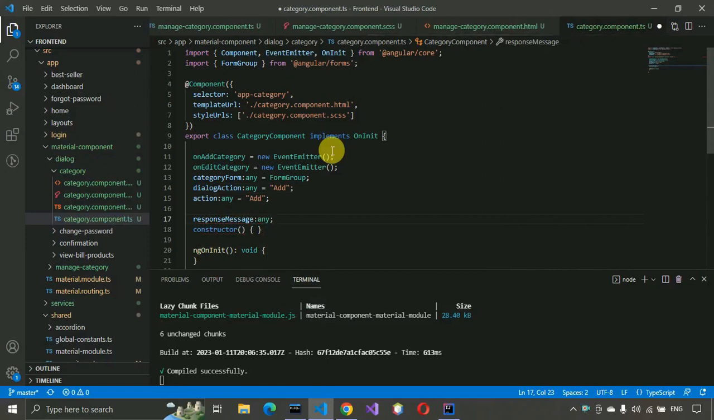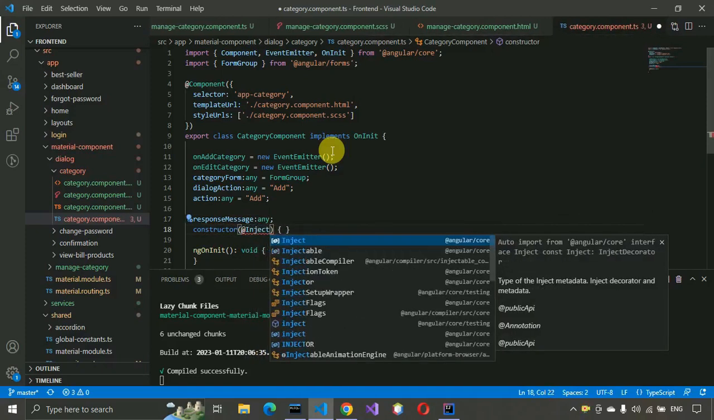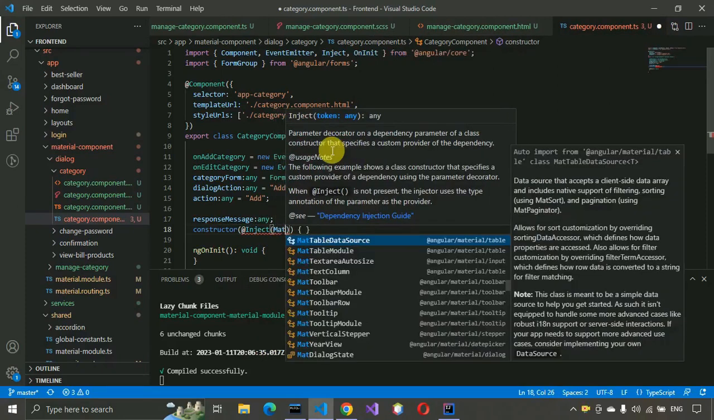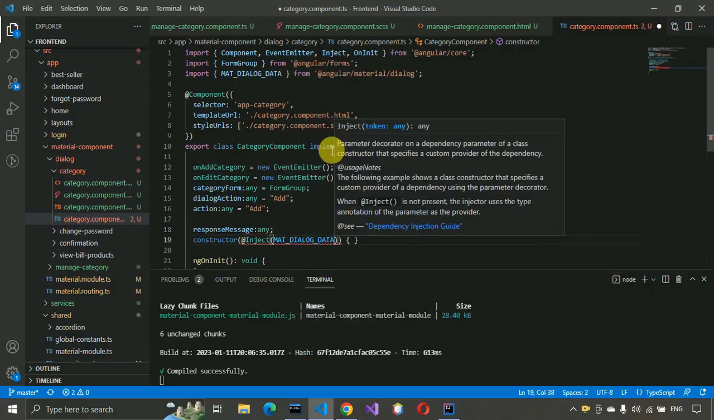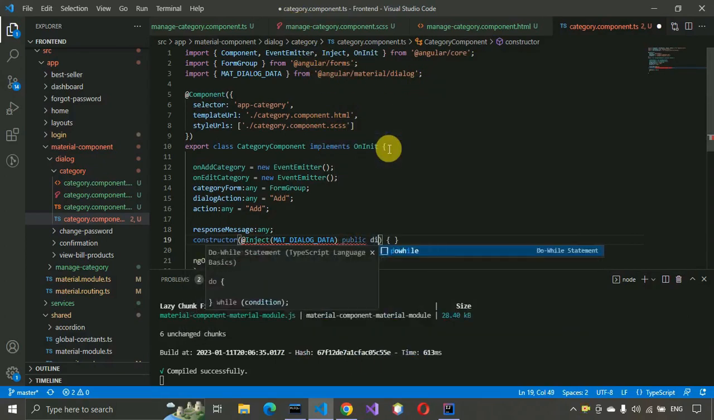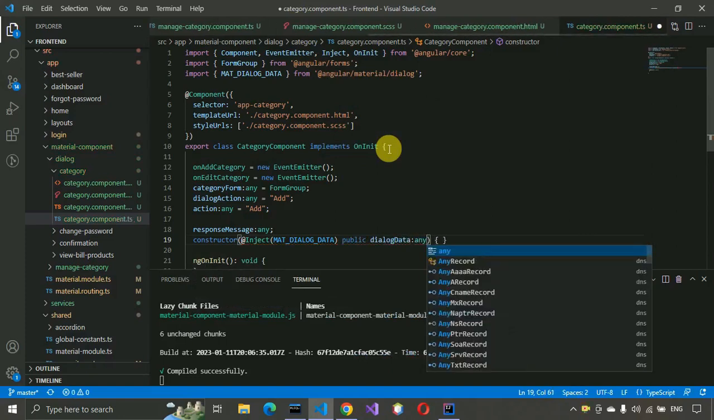And after that few data will be added. So for that purpose we have to write inject from code we need to import, and here we have to write MAT_DIALOG_DATA, and you can see MatDialogData. From this place we are going to import this one, and here we have to write public dialogData: any. And after that we need to import